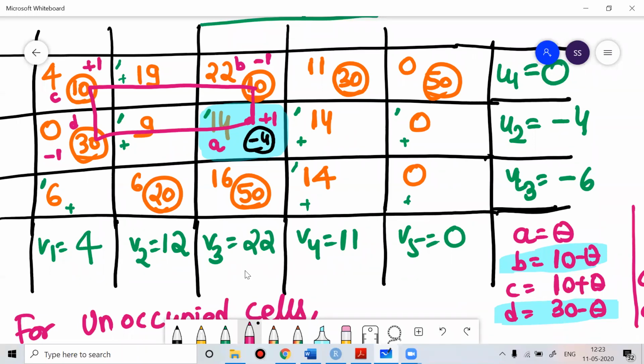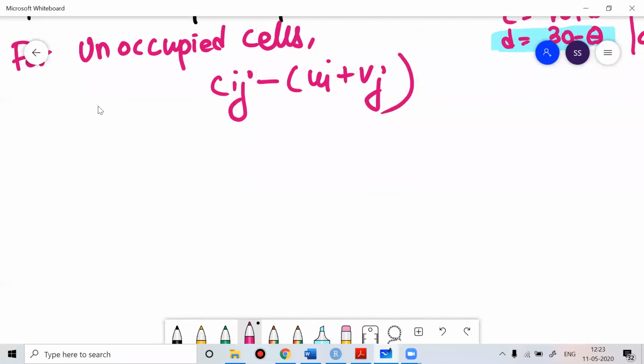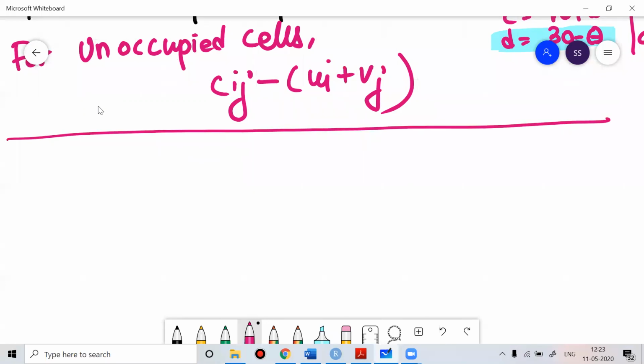So do the allocation based on this. Everyone do fast. So once you're done with this, now I can do